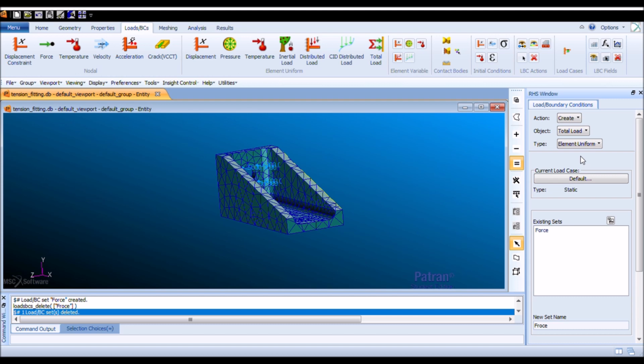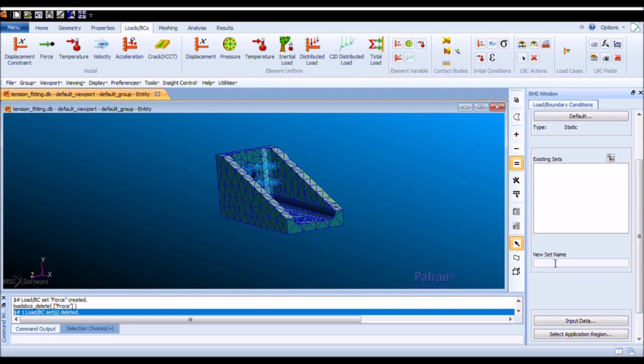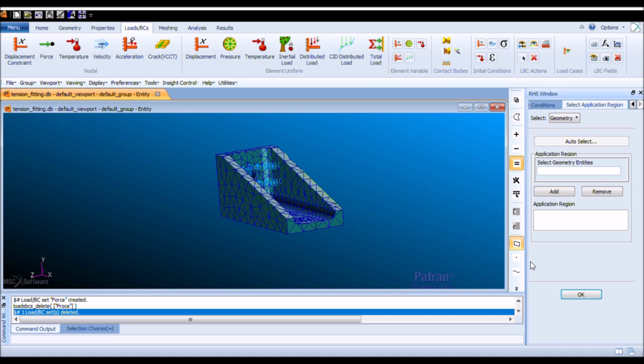Now we're going to go to create displacement nodal. We're going to set the name as fixed. We're going to go to input data, and we're going to select only translations as 0, 0, 0. We're going to click OK. And as for application region,